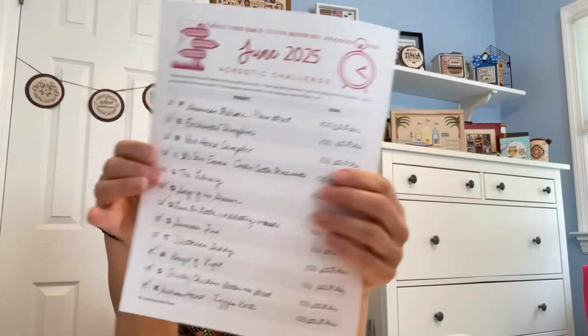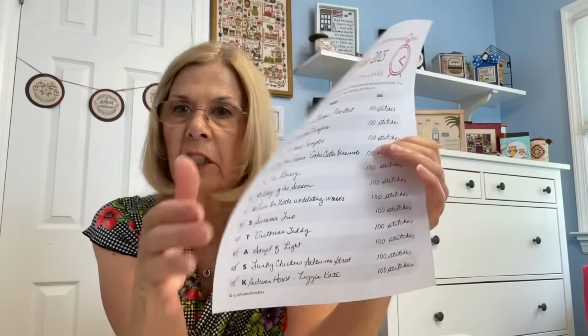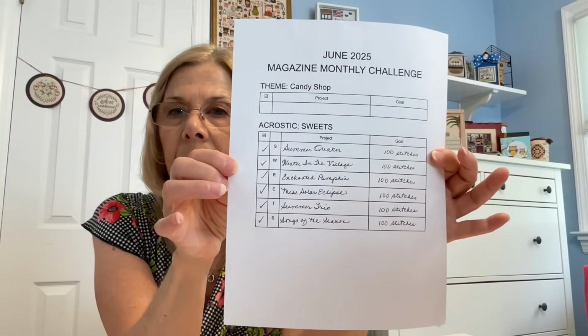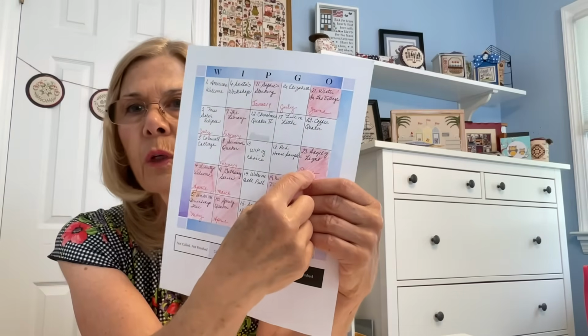And so for June, these were the acrostics. This is for the 24 hours, and this is Perilous Task. And I stitched on all those projects. The magazine monthly was Sweets, and I hit those goals. I hit the Whip Go, which for June was 21, which was Winter in the Village, and 23, which was Angel of Light. And for July, it's Elizabeth,